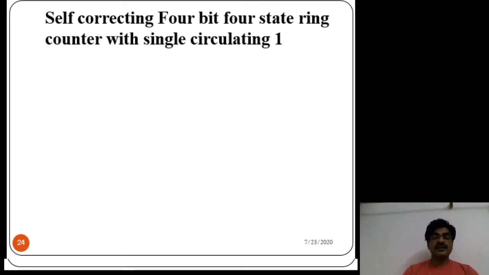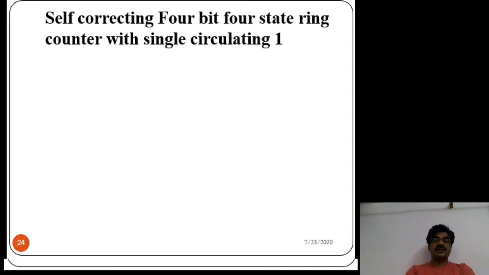So welcome back. In continuation with the previous lecture, which was the design of a ring counter that circulates logic 1. In a 4-bit ring counter we have only 4 states for circulating logic 1, those are 1, 2, 4 and 8. But under 4-bit notation there is a possibility of 16 states, and the ring counter uses only 4 states.